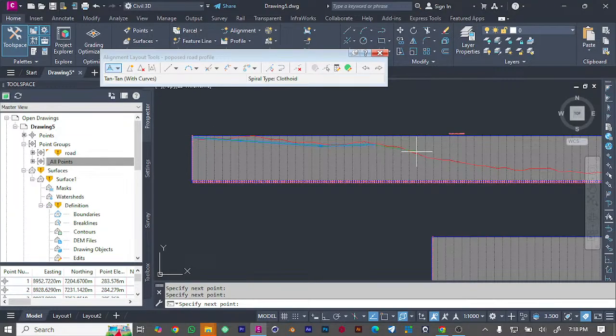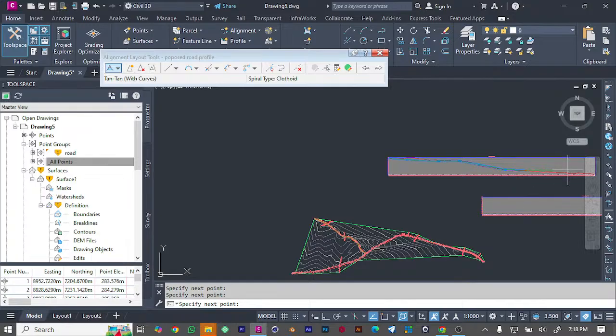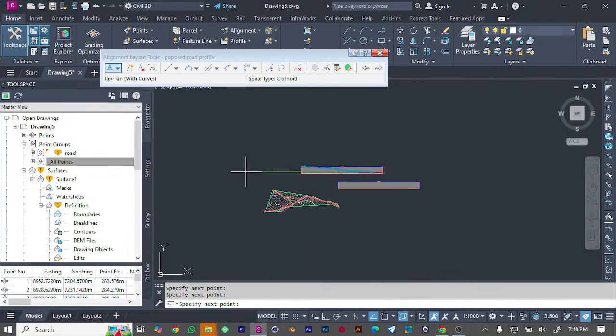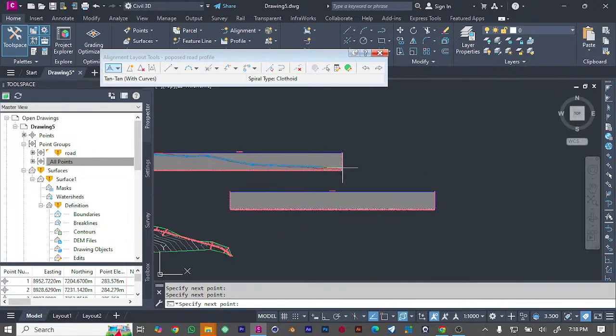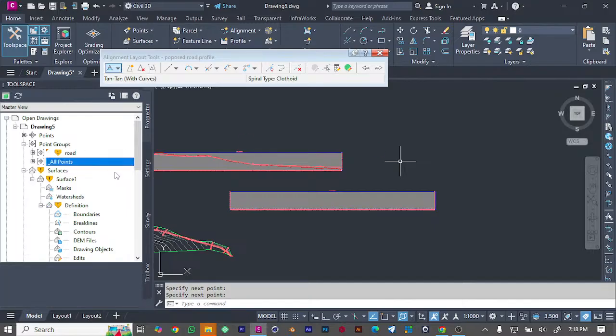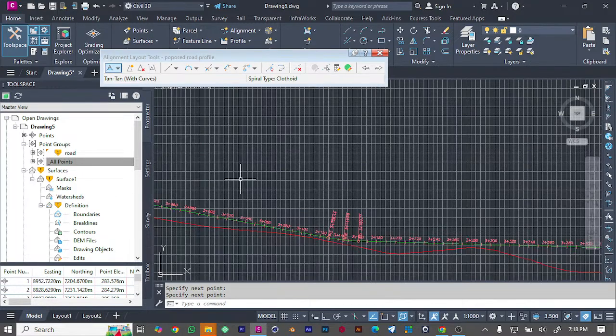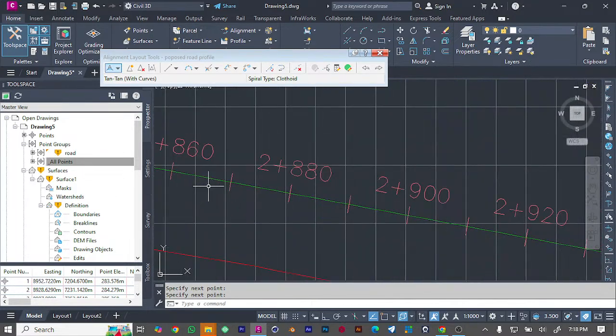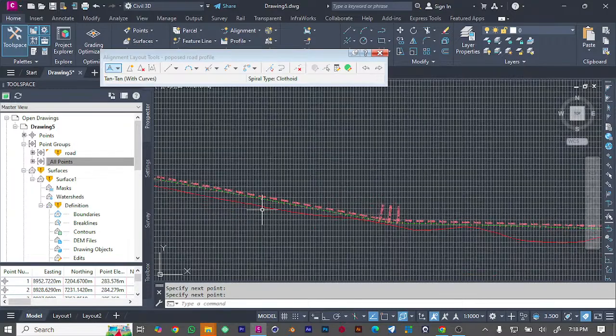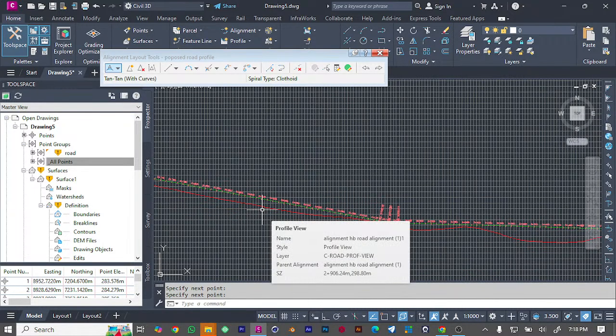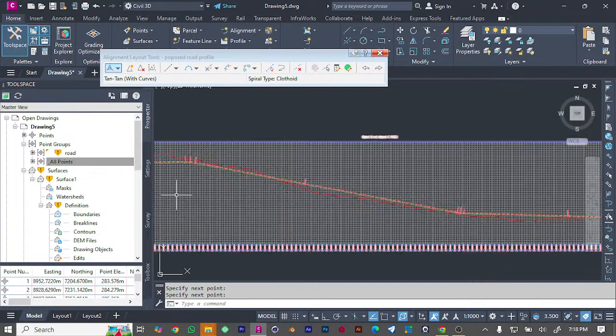So I ensure that I avoid much of the problems, and provide a good solution here. Then I click enter. So with that we will have a proposed road profile, and it will actually work, because if you look at this, for example,